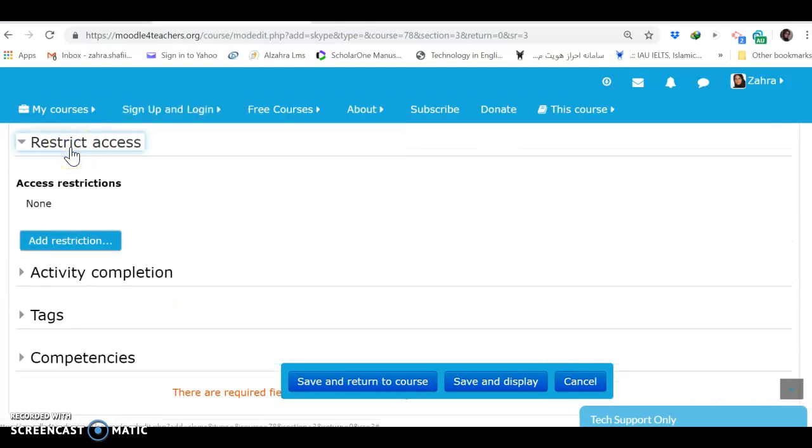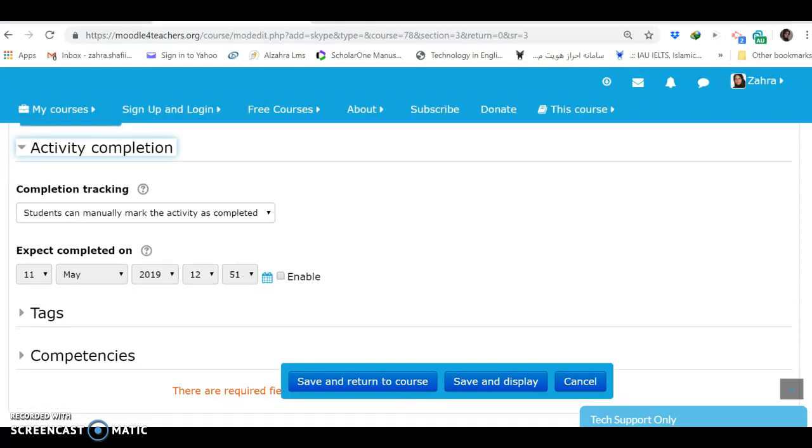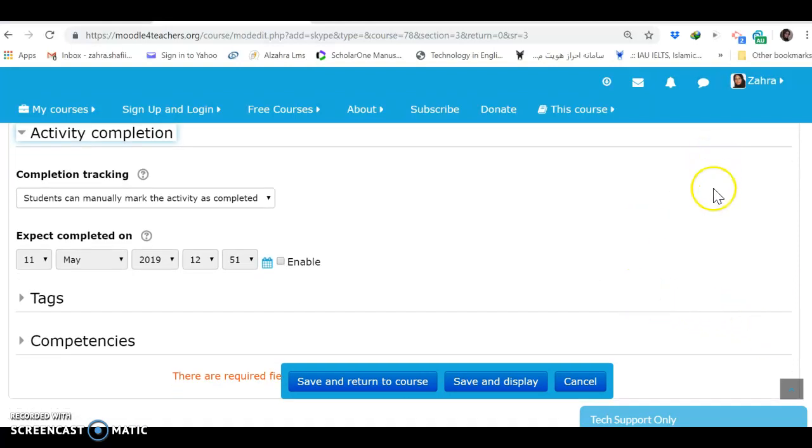Again, if we want to add some restriction. Activity completion. Students can manually mark the activity as completed and expected completion. In fact, it is today. If the time is set as today, the activity completion is also today. Okay, let's save changes